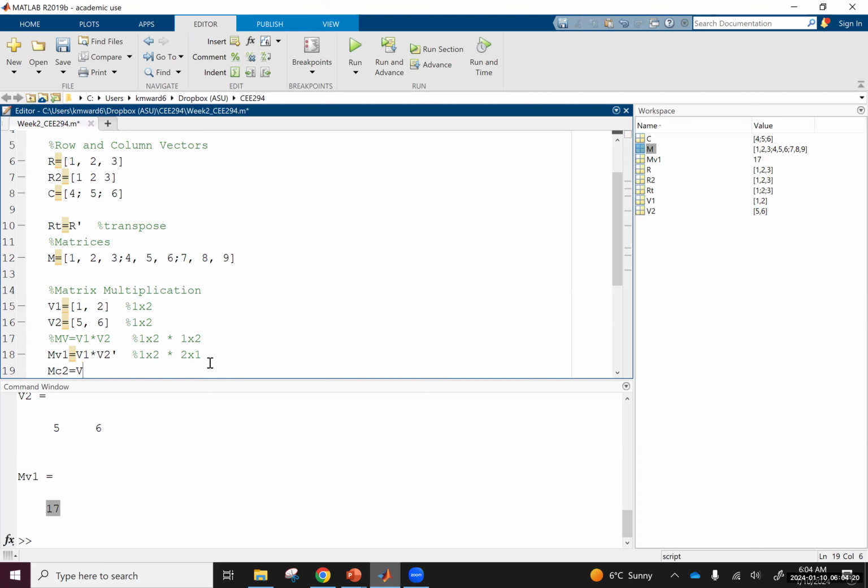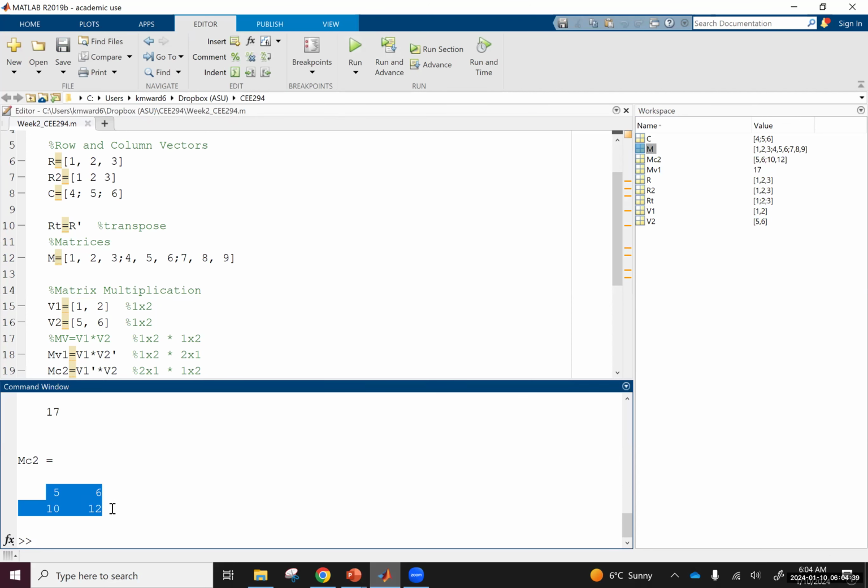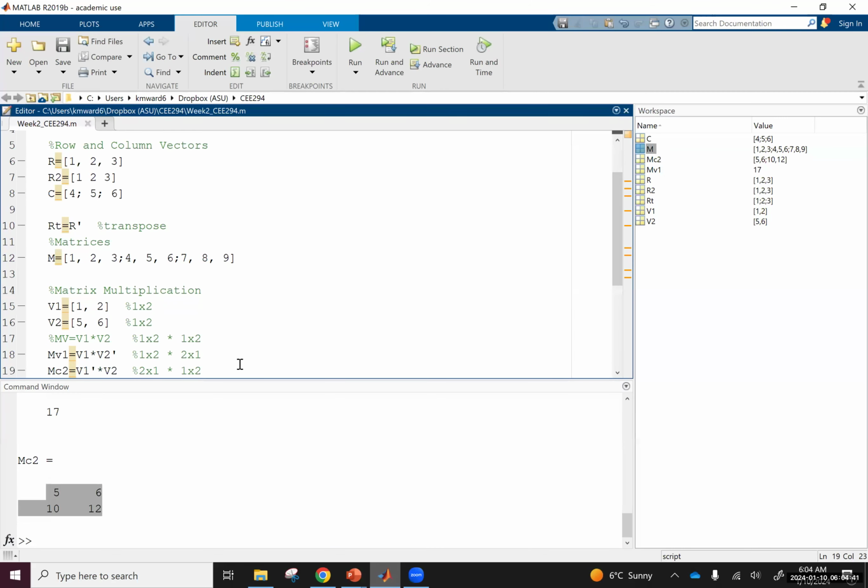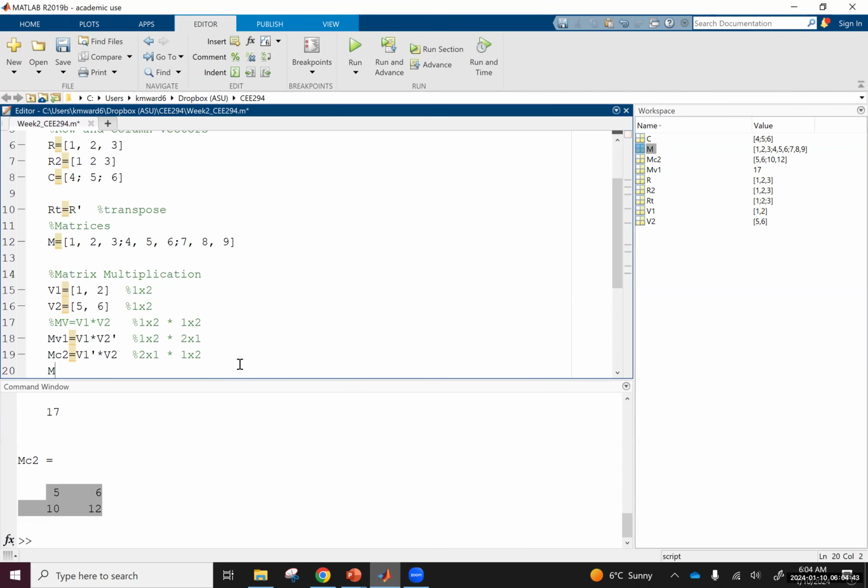And that is transpose the first vector. And this becomes a 2 by 1 times a 1 by 2. So now the inner ones match, and the outer dimensions will give me the final answer dimensions. The third thing that we can actually do with this